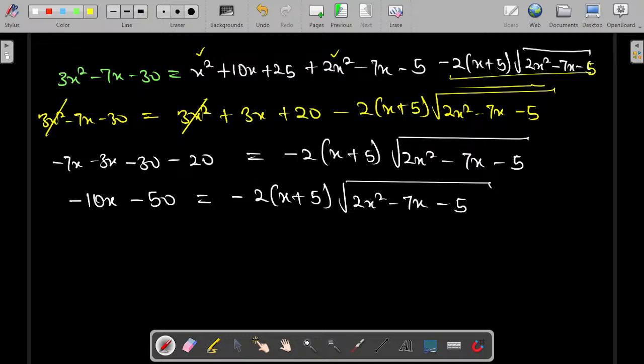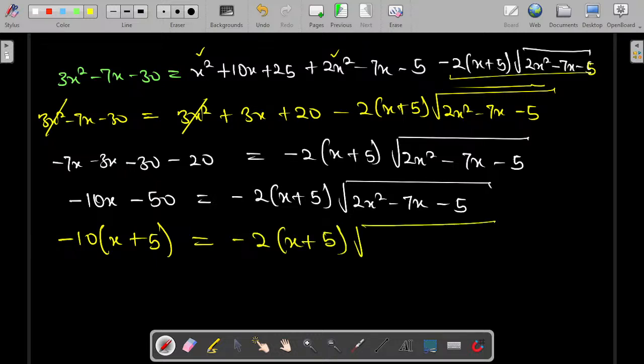Minus 10 can go in. So if I bring out minus 10, I will have only x left here. And minus 10 divide this, I'll have plus 5. Wow, this is amazing. Oh, this is giving us something nice here. Very, very nice. Because we needed a way to clear the coefficient of this square root on the right hand